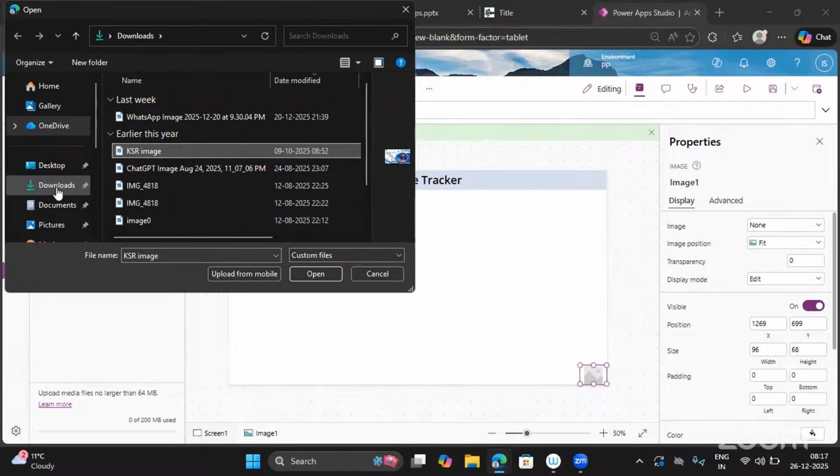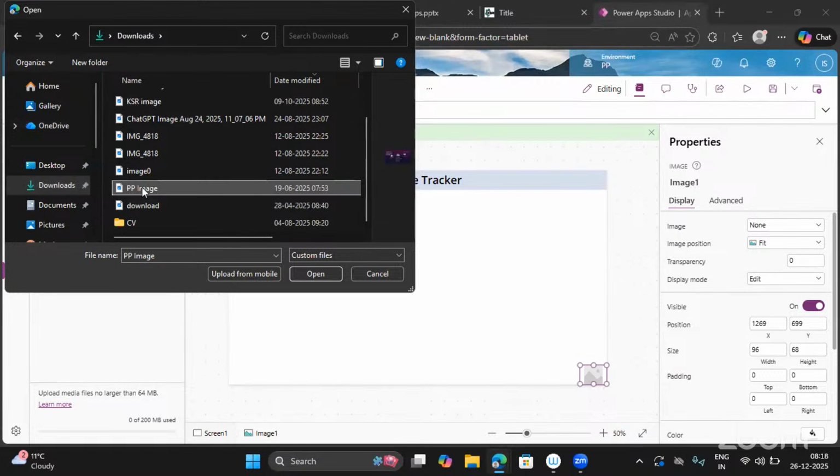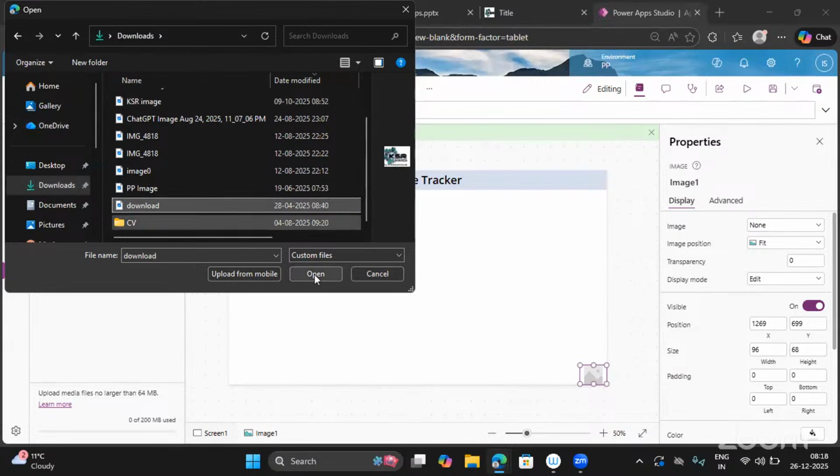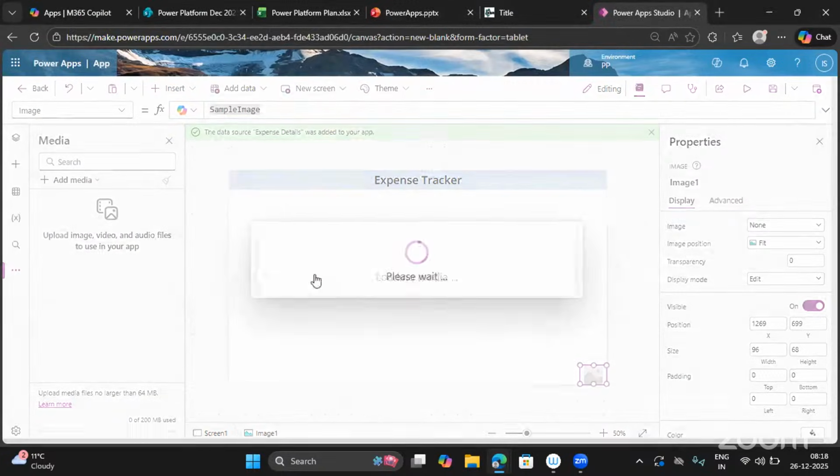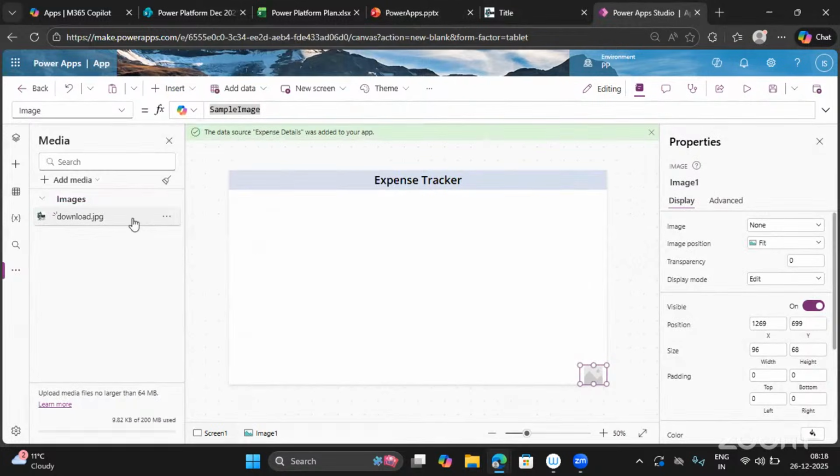KSR logo. I will be having it somewhere here. Yes. Click on three dots, click on add to canvas. Here you go. Your logo is added. And this image, we can keep it here. Clear, guys, how to add the logo? Go to media, click on upload, upload your image, click on three dots, add to canvas, and it will be